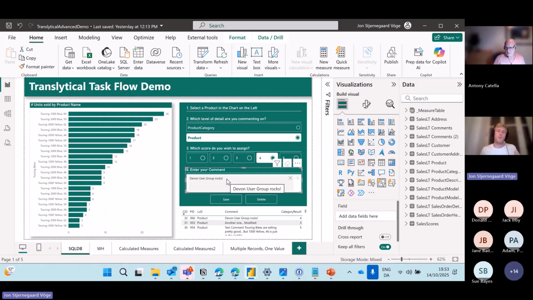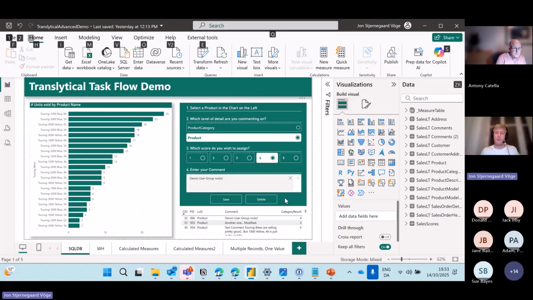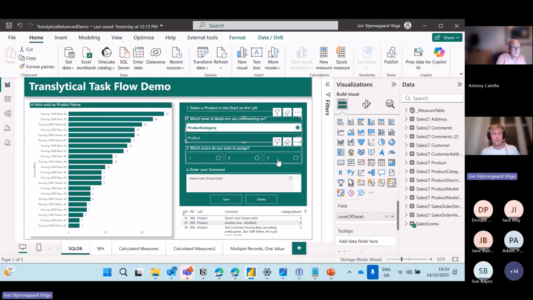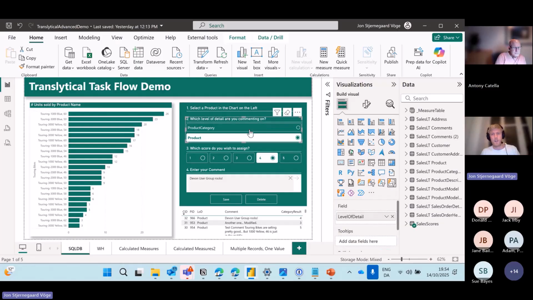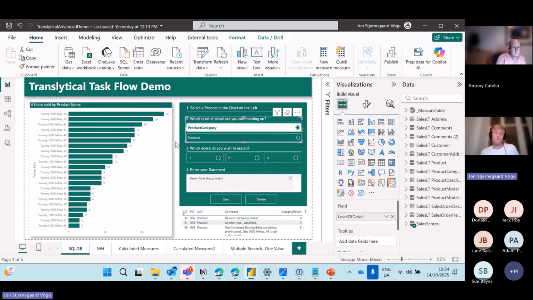And that's just one example, right? The other example, so briefly discussed, I could probably make a bookmark here, have a little arrow, and have multi-page inputs. Or what if I managed to build in a little bit of dynamic inputs here with my parameter table. So if I choose product category, the number of scores I can assign changes dynamically. But if you want to go really crazy and show, hide different inputs depending on choices made by the user earlier,